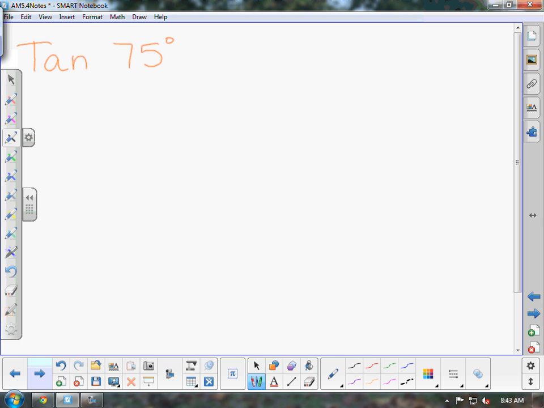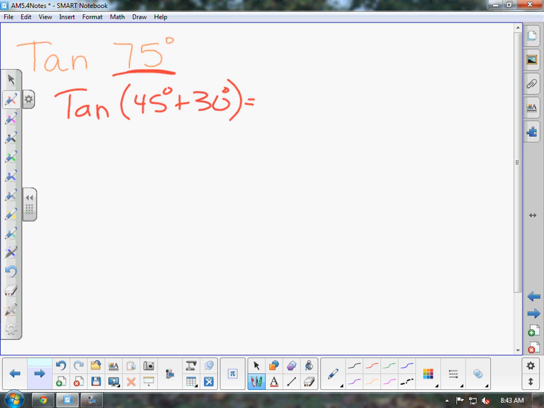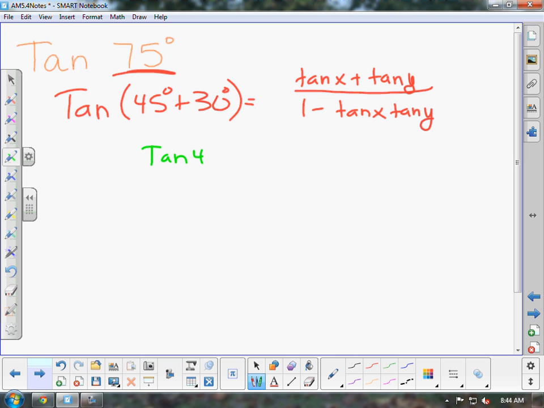Another example, tangent of 75. Same thing, 75 is the same as 45 plus 30, so we would have tangent of 45 degrees plus 30 degrees. And that would be from your yellow sheet. Tangent of x plus y is tangent of x plus tangent of y all over 1 minus tan x tan y. And so then substituting the values in, you would have tangent 45 plus tangent 30 all over 1 minus tangent 45